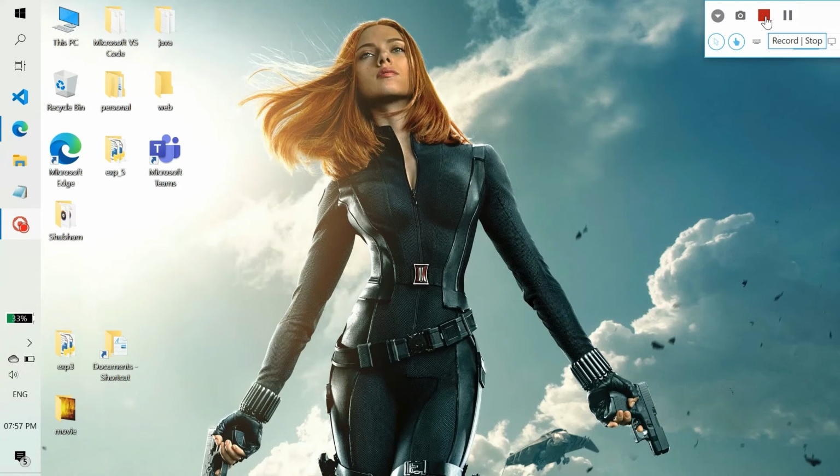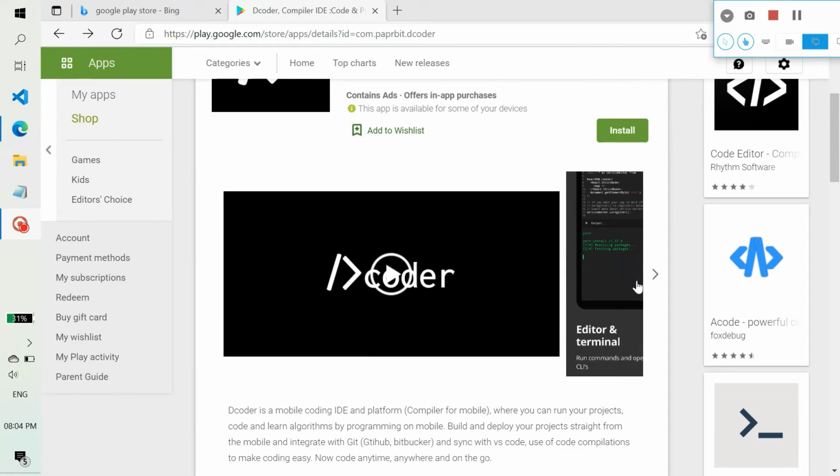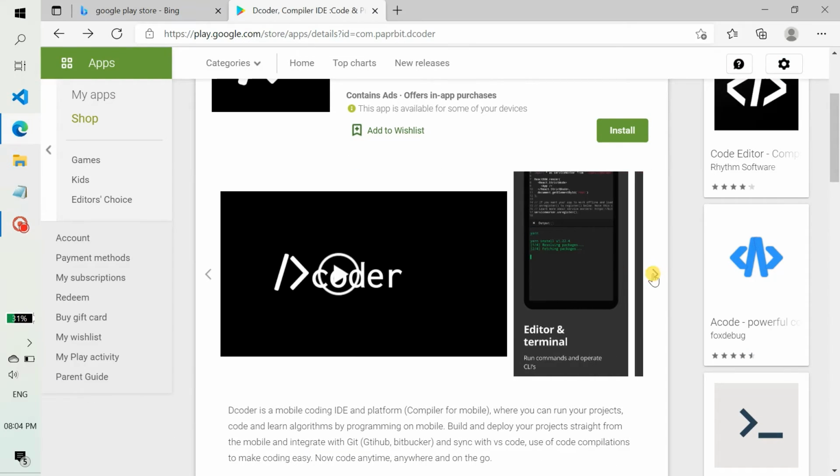So the next app, the name of this app is Decoder Compiler IDE for code and programming on mobile. This is one of the best IDEs available for mobile or Android phones, because it has that much of options to code efficiently.